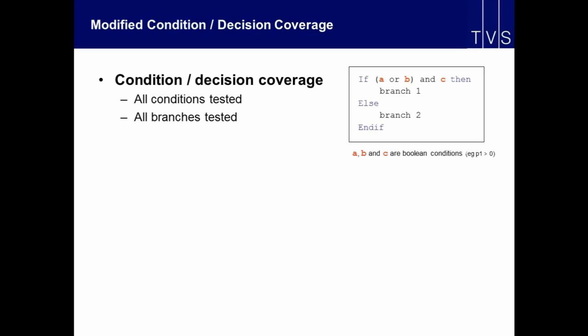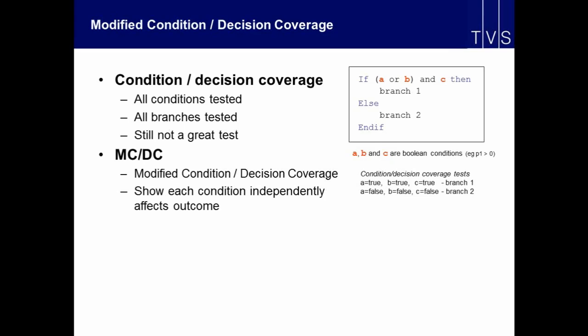So I'll take a slightly more complicated example with 3 Boolean values. Each one of these, A, B, and C, is something like P1 greater than 0. So I can define a set of tests that have A, B, and C each taking both values, so it tests all the conditions, and it goes down branches 1 and 2. So there we go. First test, A, B, and C are all true. Second test, A, B, and C are all false. All conditions have been true and false. Both branches, branch 1 and branch 2, have been executed, but I think you'll agree it's still not a very good test. So that brings us to